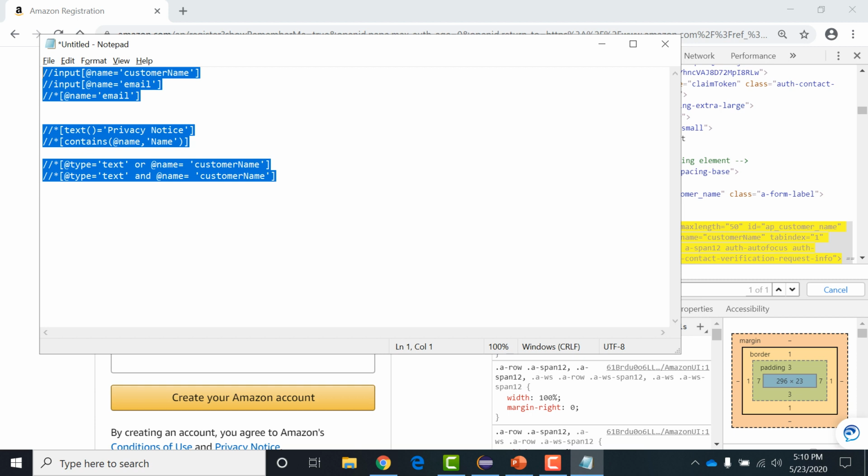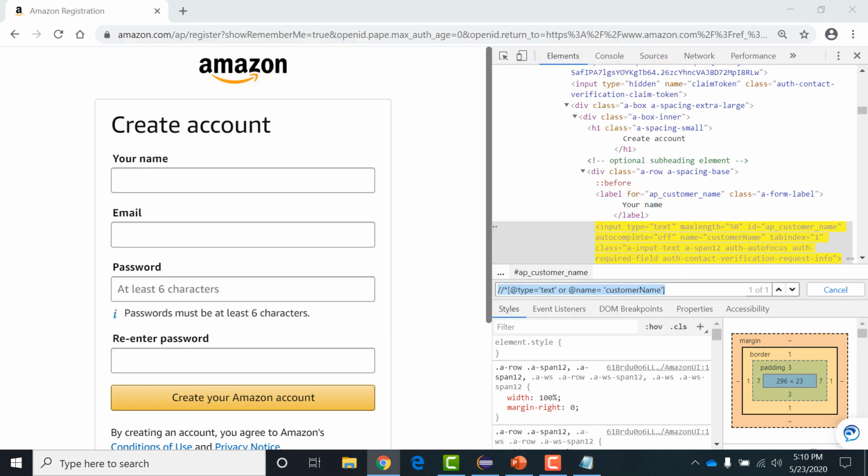Apart from this, there are some other XPaths as well, which we use to find dynamic elements, meaning the elements which are changing at run time. Suppose I'm taking the example of Amazon, there are multiple products and day by day the products are changing. So how to handle such situations, how to create the XPaths of such elements, that we are going to see in the next session, which will be on dynamic XPath. Till that time, just practice these basic XPaths, and if you have any doubts or queries, just write to us on the email ID which is given below.